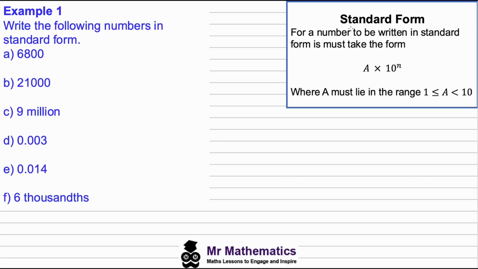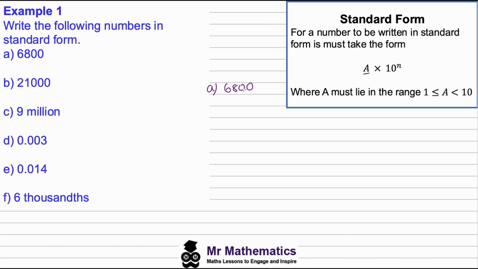So we use standard form to write very small and very large numbers using a power of 10. So I will take you through it. We have A, where A is any number greater than or equal to 1, but less than 10. And then we multiply this by a power of 10. So if we look at example A, we've got